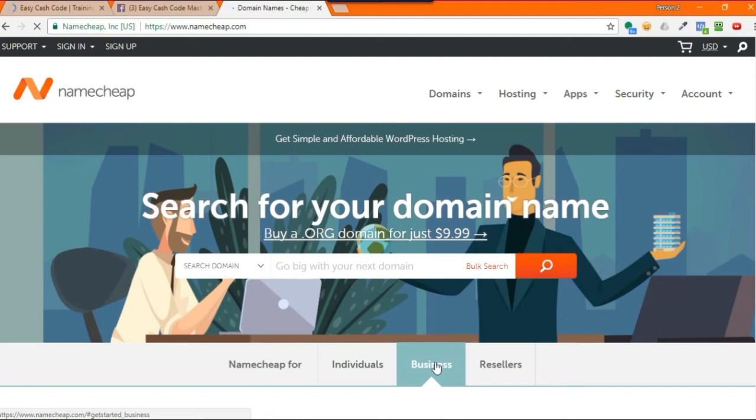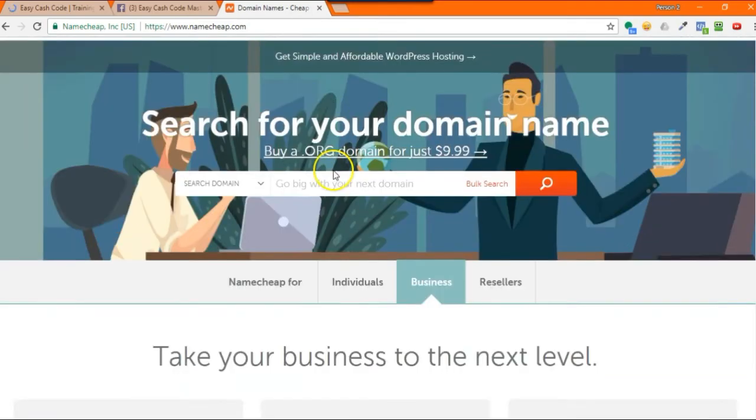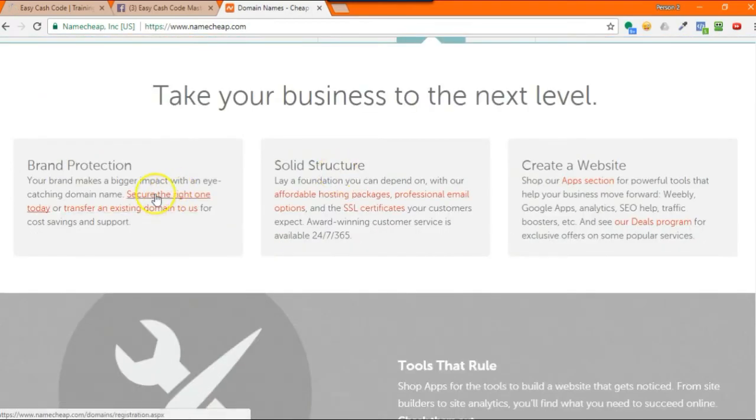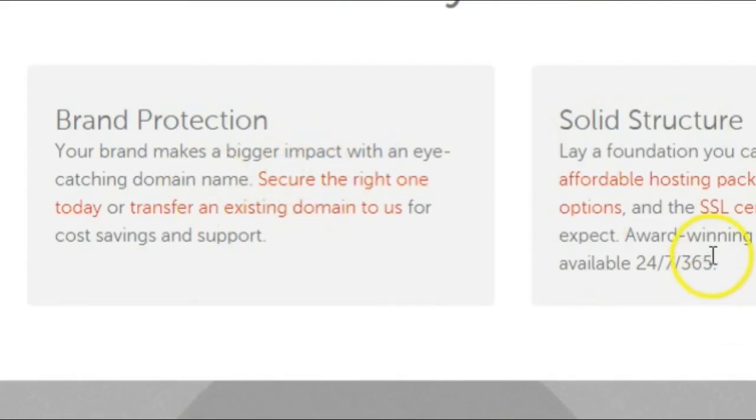So let's just say you're choosing the domain partnerwithsarah, or partner with whatever your name is, partnerwithsarah.com. You're going to click on business because you want to be able to get a business email address that matches your domain. So you're going to come down, you're going to click on business. I mean, they've kind of changed this since the last time I've been here. If you click on secure the right one,